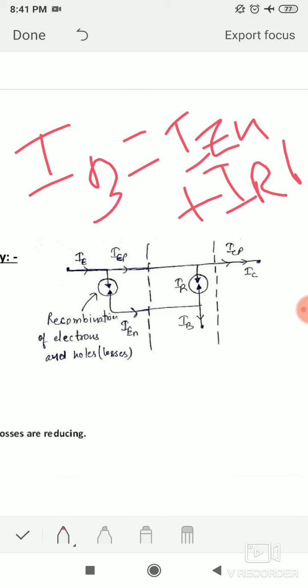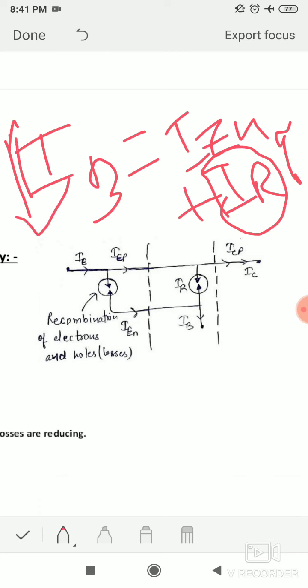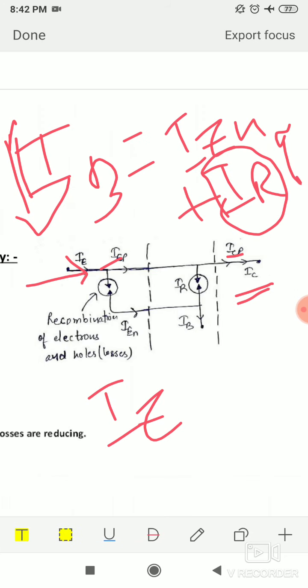If IR increases, your IB increases, so we should decrease the IR so that the base current decreases and the loss component decreases, so that IE equals IC, or IEP equals ICP, where we saw in the previous slide